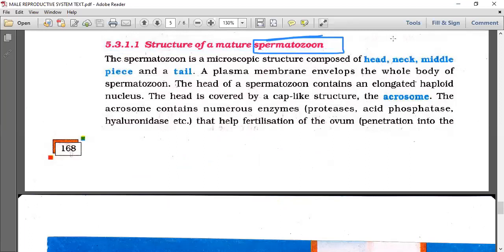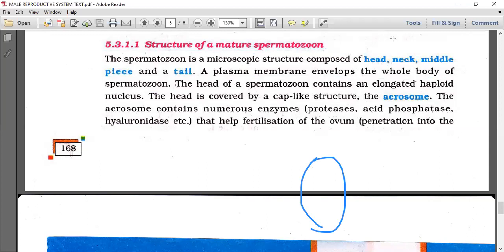The spermatozoon is a microscopic structure composed of four portions: head, neck, middle piece, and tail. A plasma membrane envelops the whole body of the spermatozoon, because it's just like a cell, isn't it? The head of the spermatozoon contains an elongated haploid nucleus. The head of the sperm is covered by,